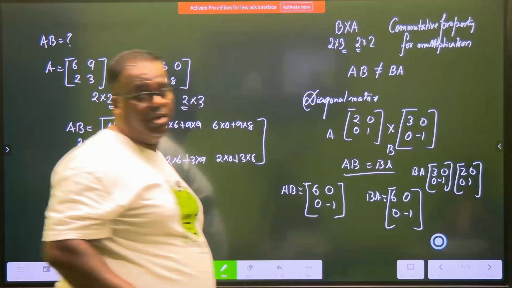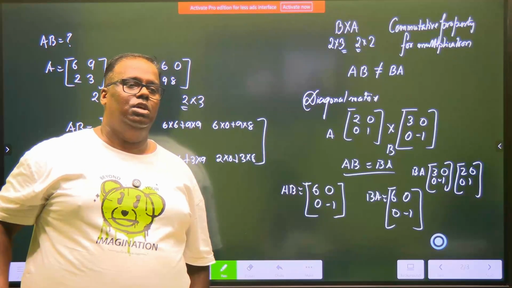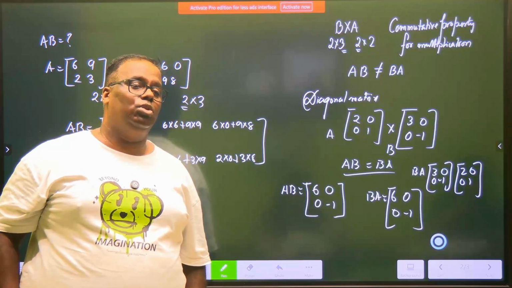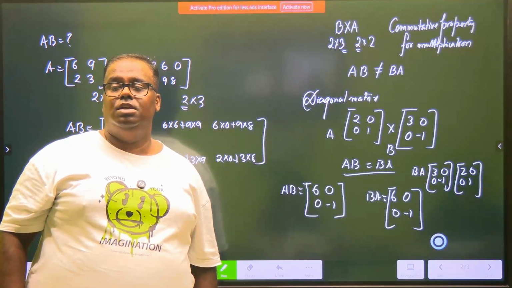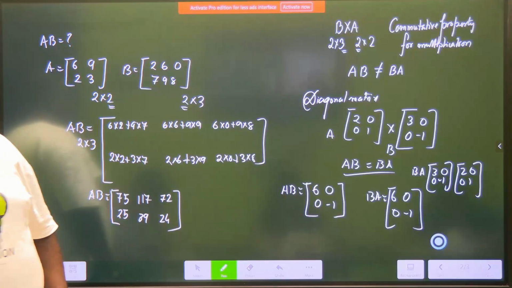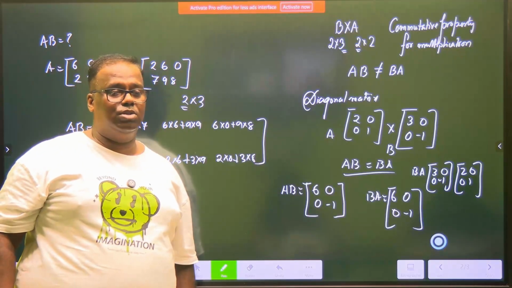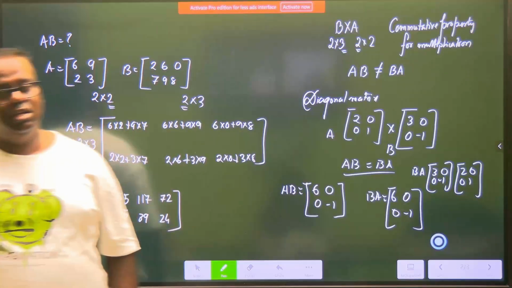See, here it is satisfied. AB is equal to BA. So write a nice note. Matrix multiplication is not commutative. Sometimes A cross B, B cross A need not be feasible at all. However, if A cross B is equal to B cross A, it is understood that the participating matrices are diagonal